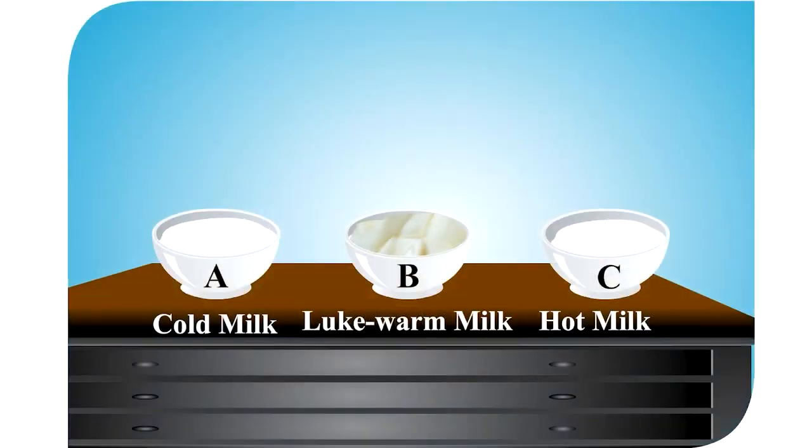Stir well and leave them undisturbed for 5 to 6 hours. You will observe that curd is formed only in cup B that contained lukewarm milk. As the bacteria multiplied and produced acids, the milk curdled and thickened to form curd. No curd was formed in cups A and C because bacteria are inactive in cold milk and hot milk. The bacteria responsible for curdling of milk is called